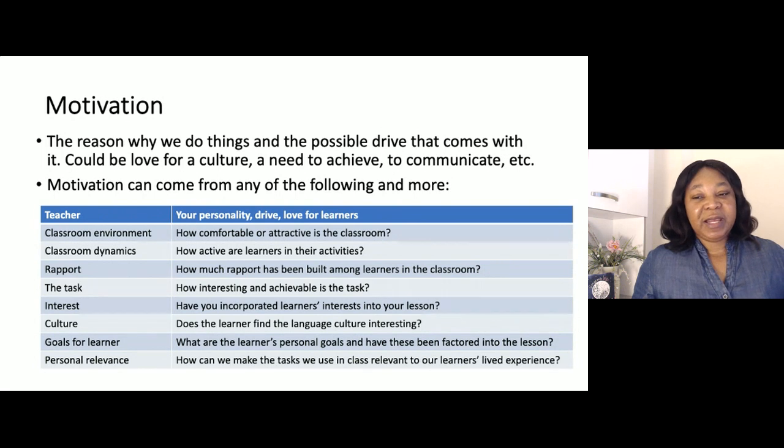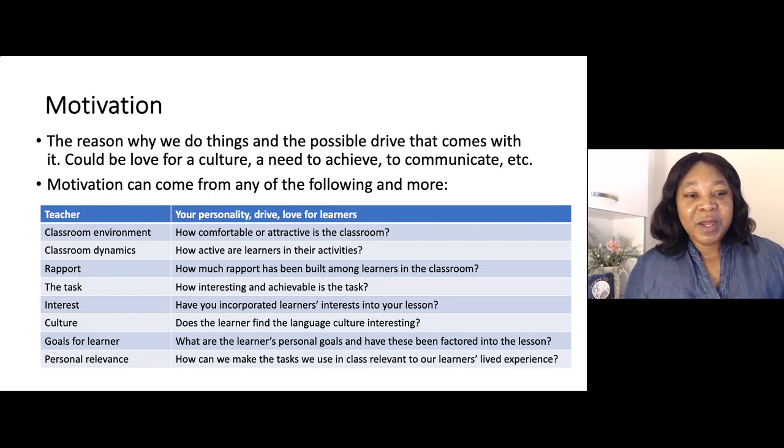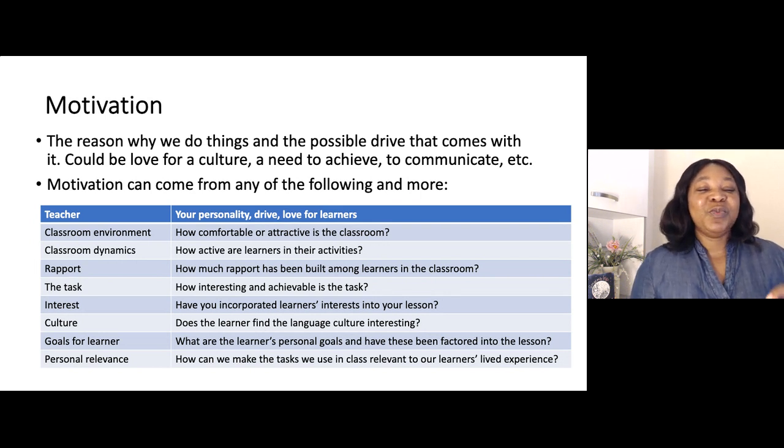So it is with young learners. But young learners do not have motivation for coming to school. They don't come to school because they want to be in school. No, they'd rather be at home watching TV or playing with their devices. They're in school because their parents want them to be in school. So you as a teacher have to motivate them.